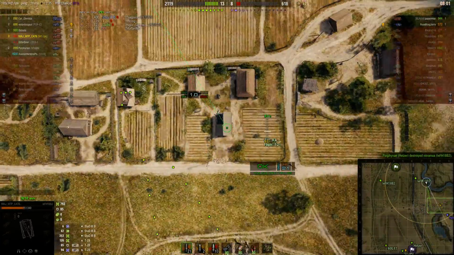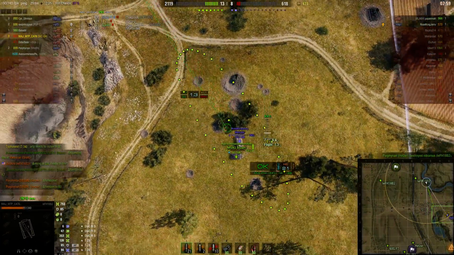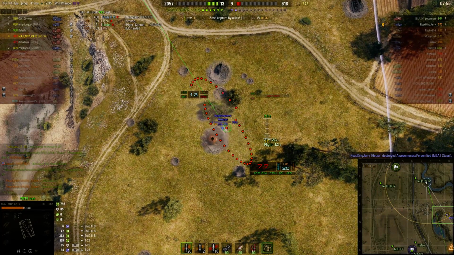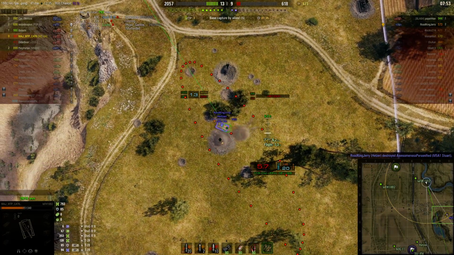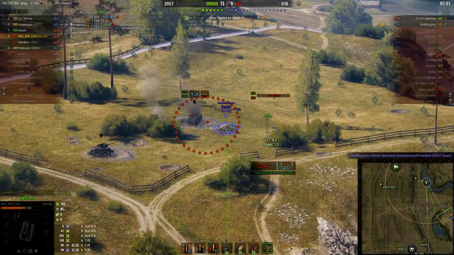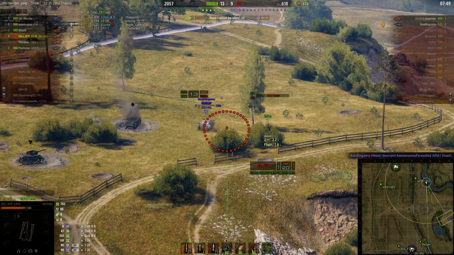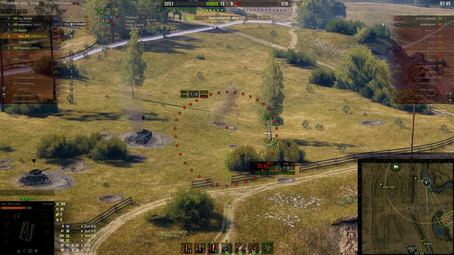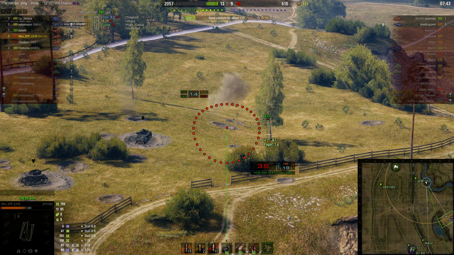There's only 2 enemies remaining, and one of them's on the hill. It's the Hetzer, and he's just killed the M5 Stewart up there. And Major MT tries to get a shot on him. Going to battle assistant this time. Going to follow him, fires a round in at his last seen position, but I think he was moving, so you